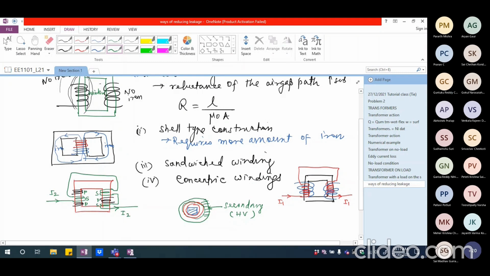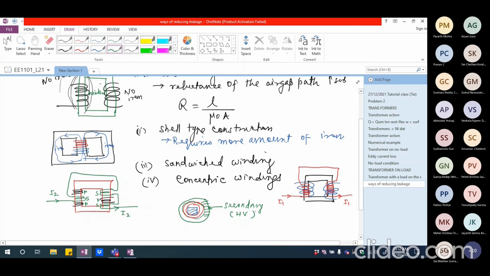So the low voltage winding as well as high voltage windings have to be insulated from the core. I cannot simply wind it without insulating. I have to have the copper insulated with plastic or something like that, and then only wind it around the transformer. So if it is a low voltage winding, thinner insulation is sufficient, whereas for a high voltage winding, thicker insulation will be needed. When it is thicker insulation, it will be easier to make a bigger circle and it is easier to put it outside. And if it is a thinner insulation, it is easier to put it inside. So that is the reason why secondary winding or high voltage winding,